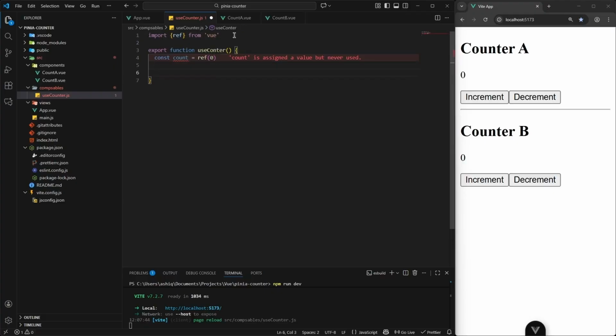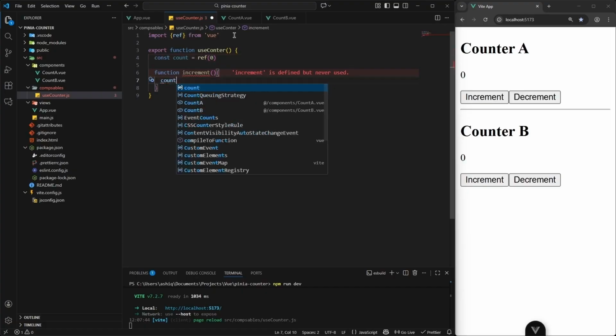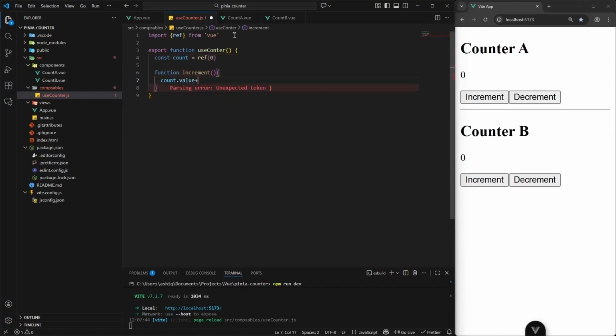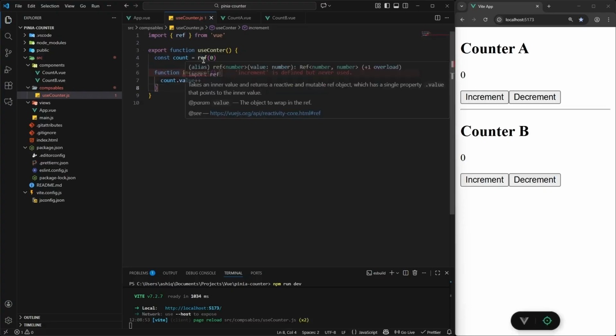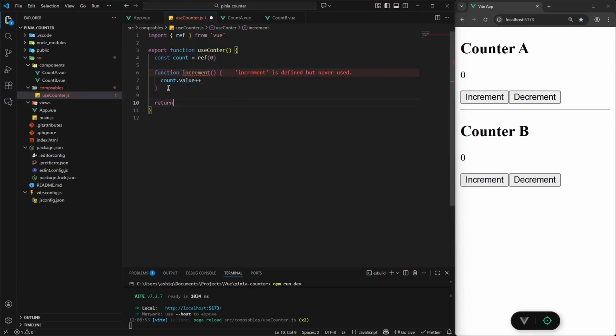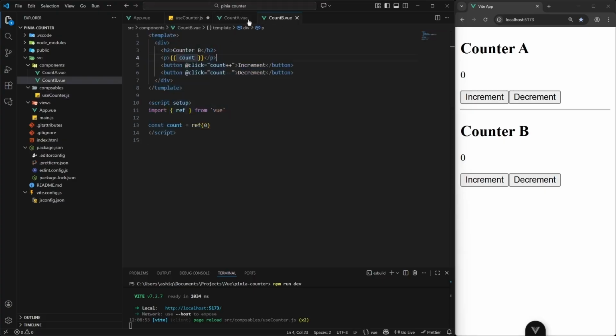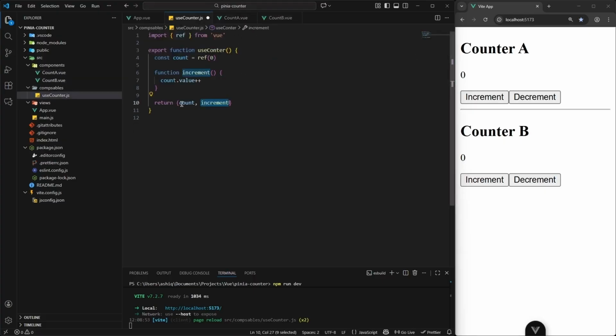And because we also want to manipulate this count variable, I'm going to create a function, function increment, let's just stick with increment. So we say count.value, and we want to take it up a notch, so we want to plus it. And because we want to use this ref and increment outside, let's say return. And in this return clause, we want to pass that count and also the increment function. So we can use both of this variable and the function in the components where we initialize this useCounter